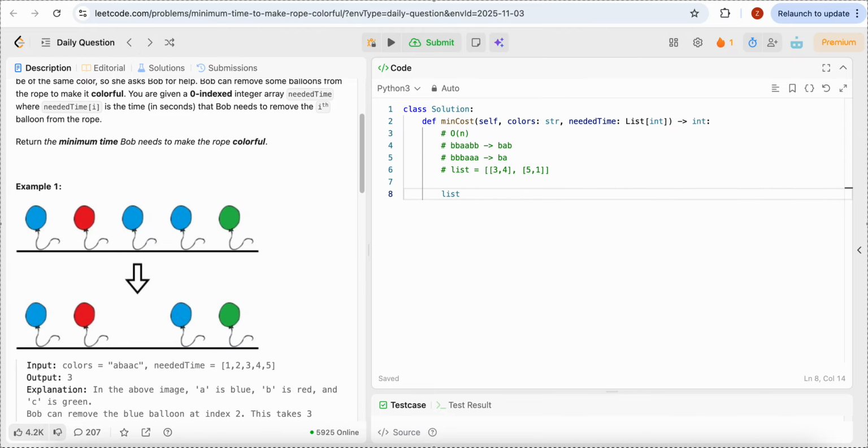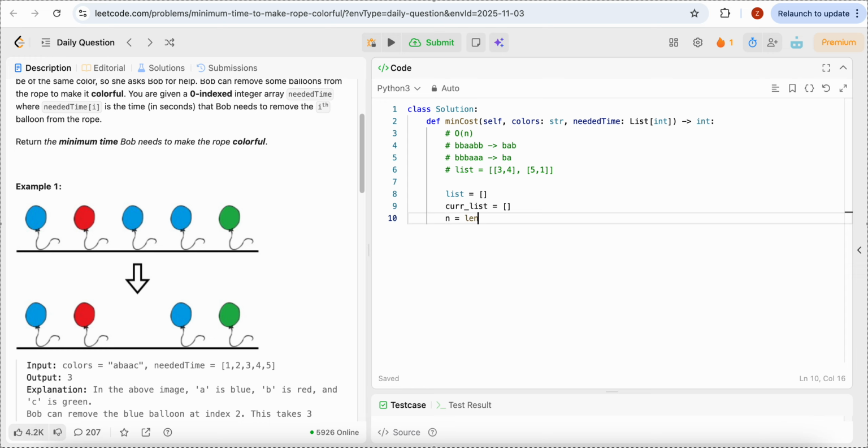So it's a bad naming, I just name it list. Python generally doesn't complain about how you name things, but you should know you have a better way to name it. The current list is, if you found the same color, you want to add them to a current list. And then just for simplicity, I will make n equal the length of colors. So for i in range of n,